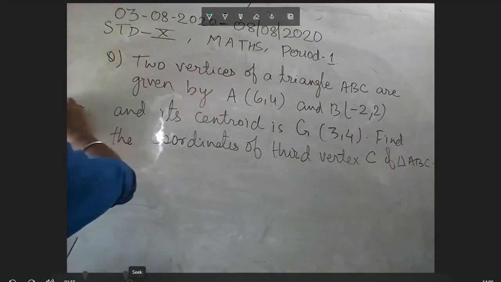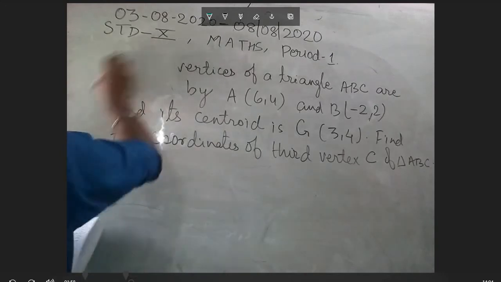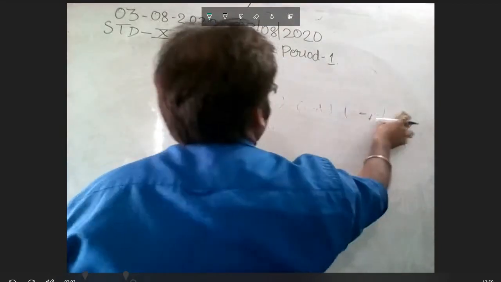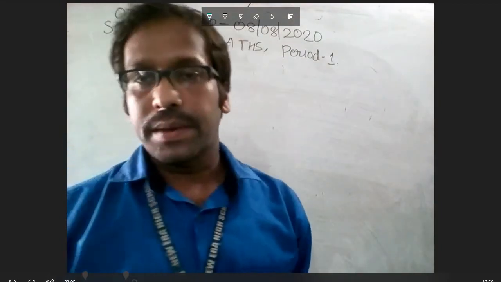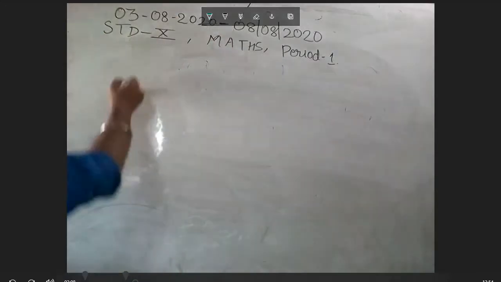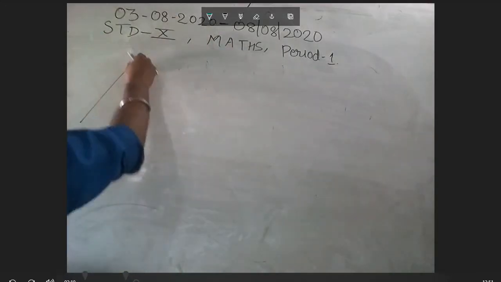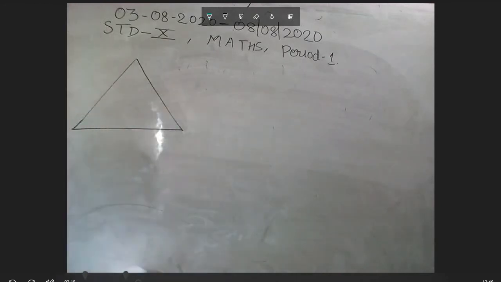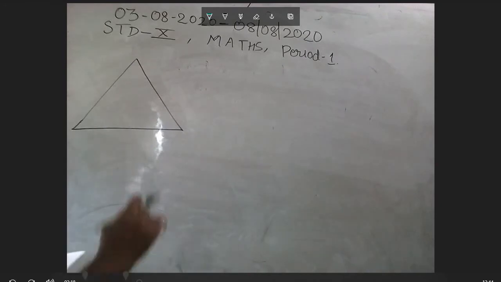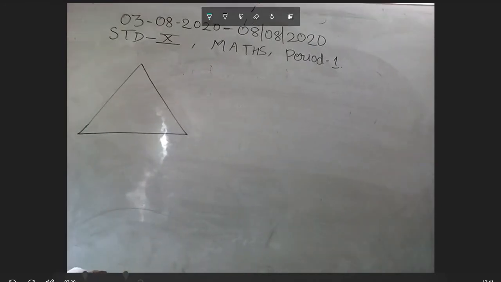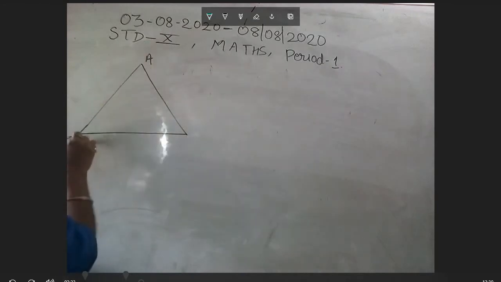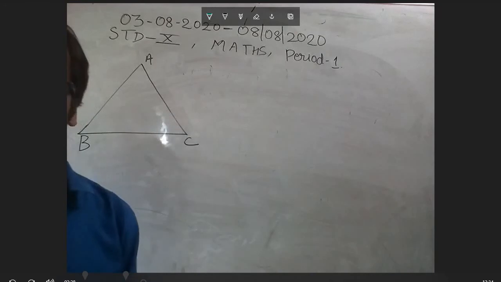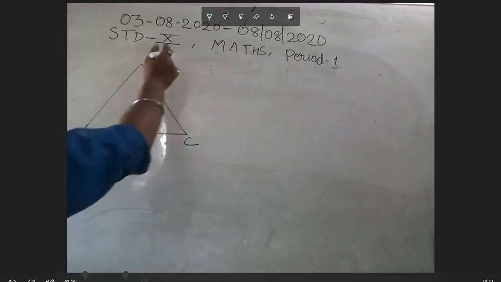So first of all, till now we have the distance formula, and we have an idea of section formula also. Now see in this figure triangle ABC, A is upside, B is on our left hand side, and C vertex is on our right hand side here. So in triangle ABC, coordinates of A and B and coordinates of centroid are already given.